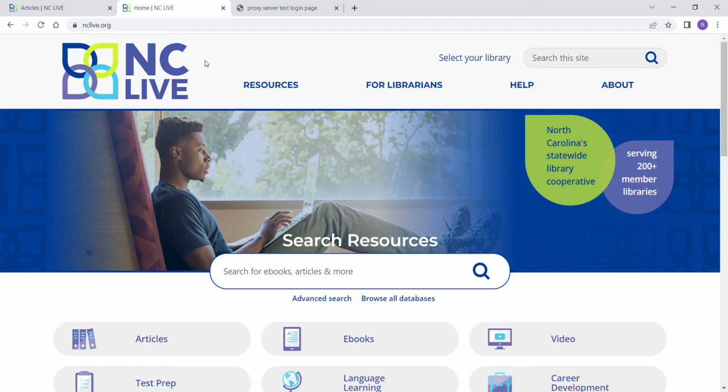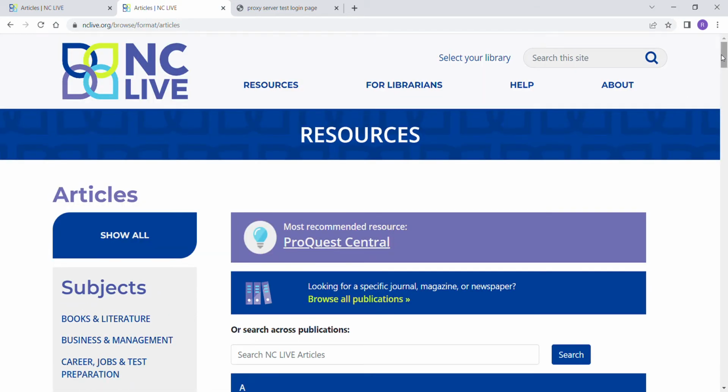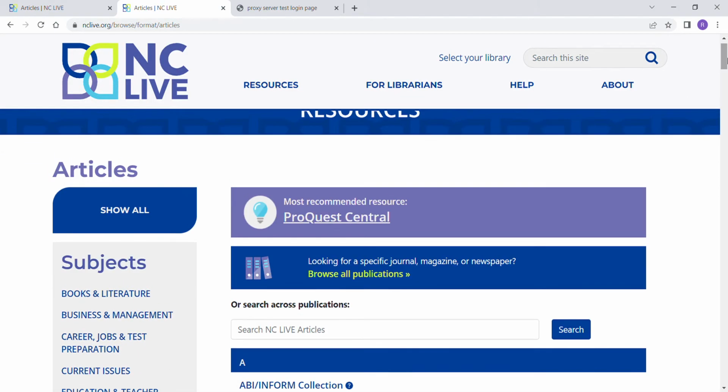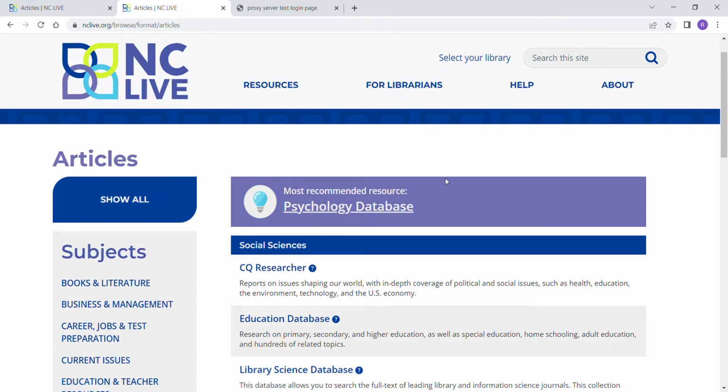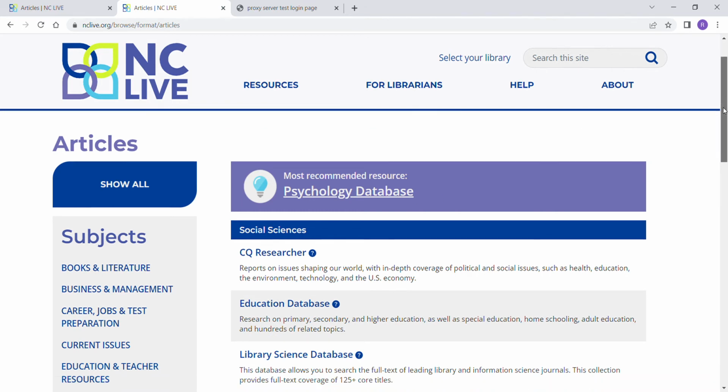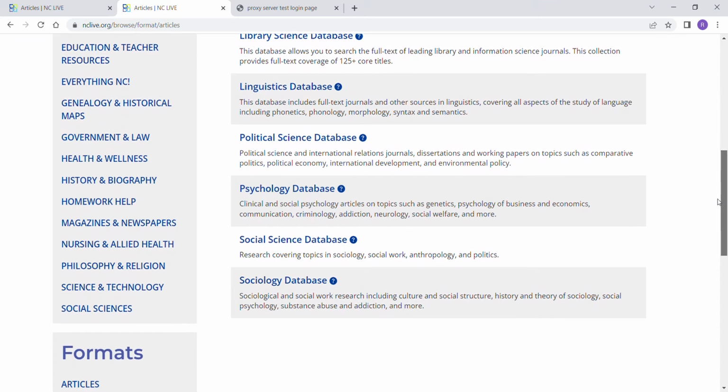So when you go here, you can click on articles and then scroll down. You'll see subjects over here in the left. So you're going to scroll down and find social sciences. So let's click on social sciences. Here, our most recommended resource is psychology database, and that is what we want. So you can click on it there if that pops up for you, or you can scroll down and you'll